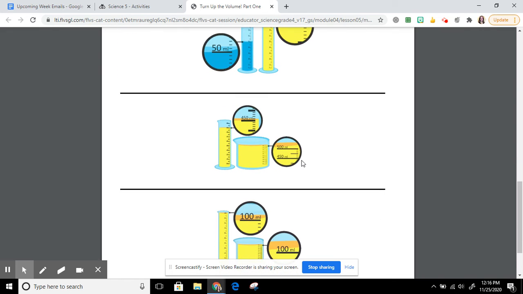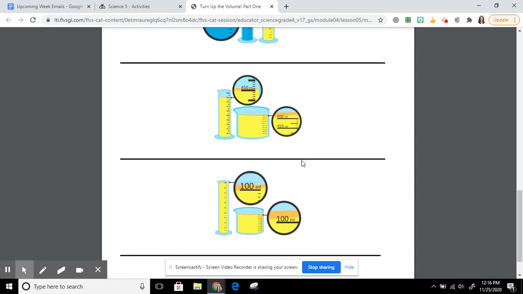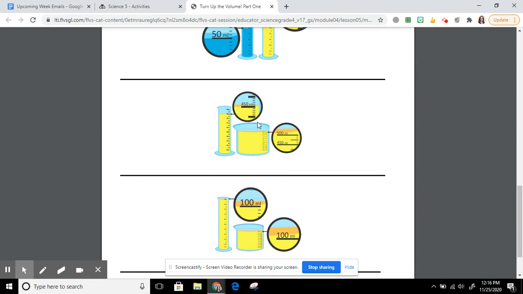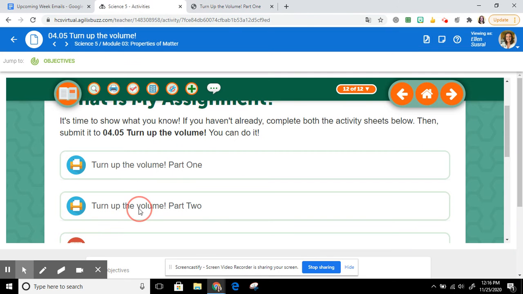Okay, so you're going to do that for all of these. You're going to find the difference. And don't get confused where this is a beaker and this is a graduated cylinder. Just look at the numbers. Whichever has the most, you're going to start with, and then subtract the one that has the least from that one. Okay, so that's part 1. And then for part 2,